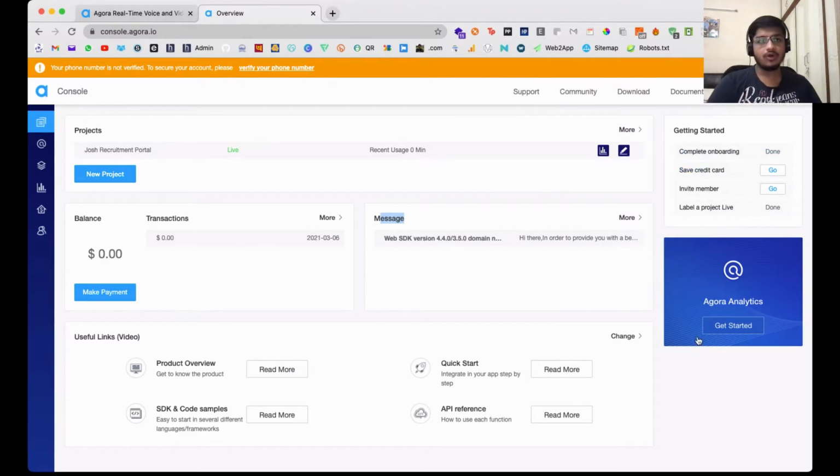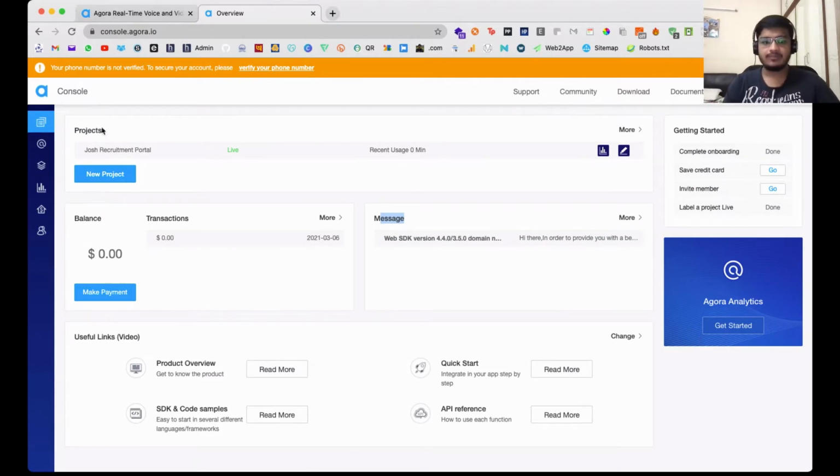So you can also track what's going on in the call. Say you have a call and you want to know how long users joined for. You can track that using Agora Analytics. You can also track other different stuff like how long the call lasted, how many people joined the call, when did someone join, when did someone leave, and you can also create a custom billing application on your own using that. For example, if you make a video calling application, you'll also be able to track which particular event or call lasted for how long.